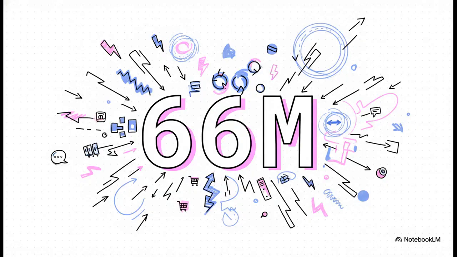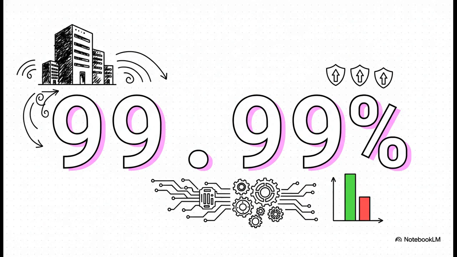So what does this enable in the real world? Let's talk scale. At its peak, Shopify's event-driven backbone processes 66 million messages per second. Just try to wrap your head around that. There is absolutely no way you could achieve that with a synchronous chain of calls. This also delivers incredible resilience.